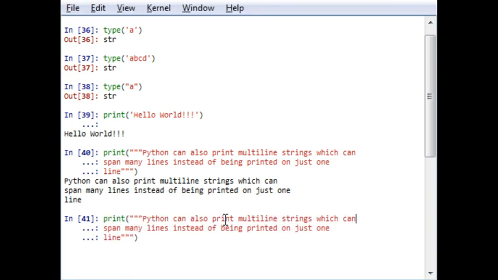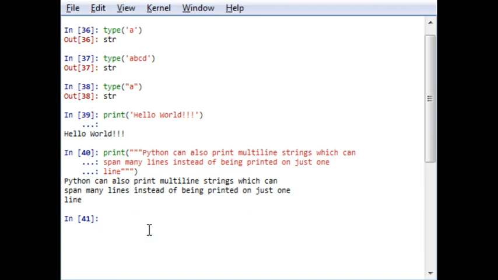For example, here if I want to add some multiple line strings, let me say here I want to add a tab, \t, and also "prints instead of being printed", and after printed I am going to add \n and just one line, and enter.